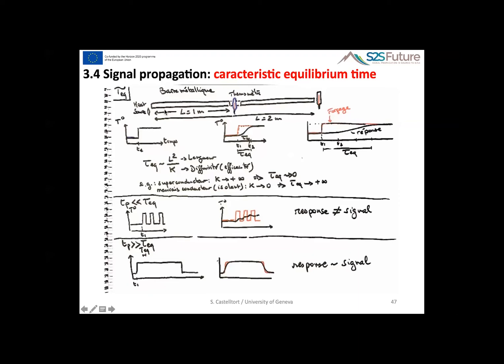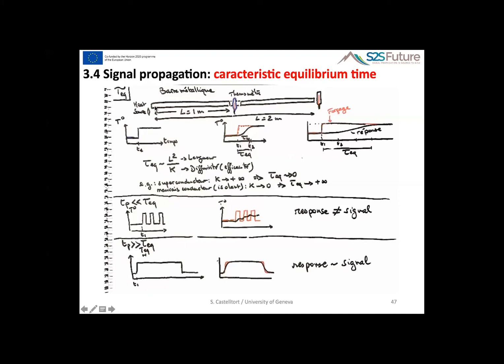What I can do, as a thought experiment, is start lighting my lighter at time T1, let's say. So I am at room temperature until T1, and then suddenly, I don't know what the temperature of a flame is, but I would say 1,000 degrees or less. So I just start my lighter here and put it on. Okay, so